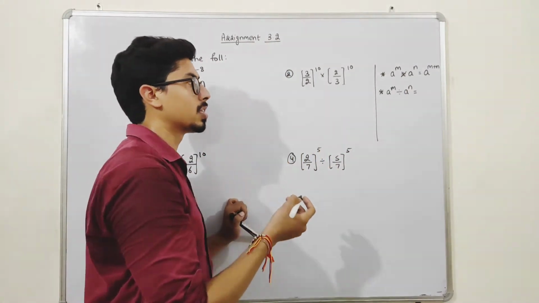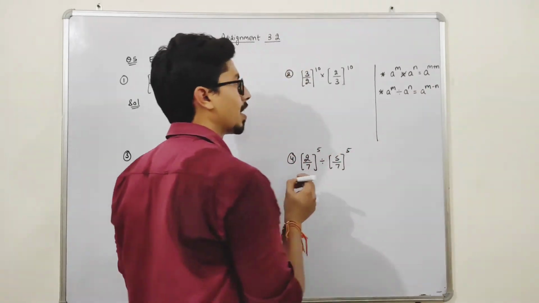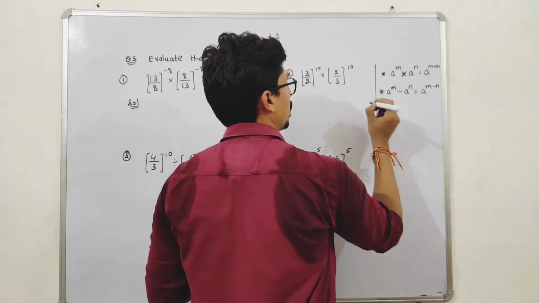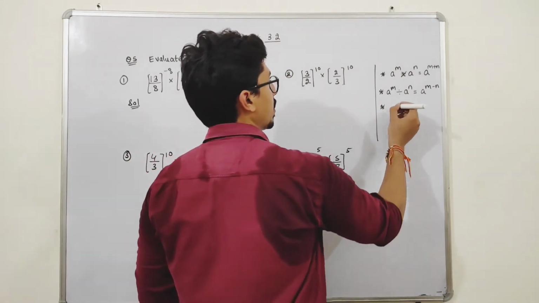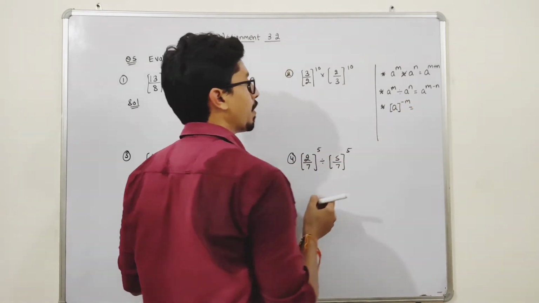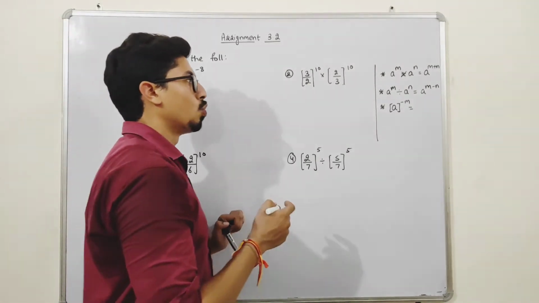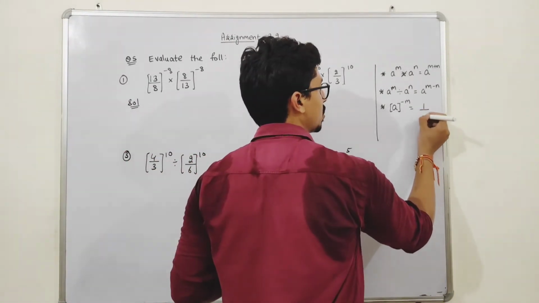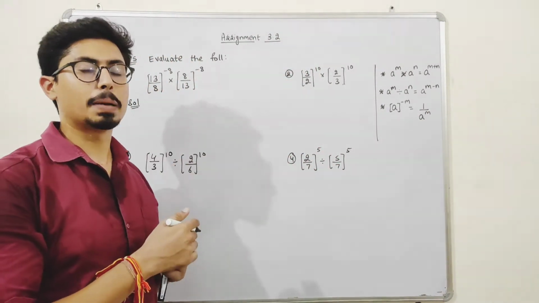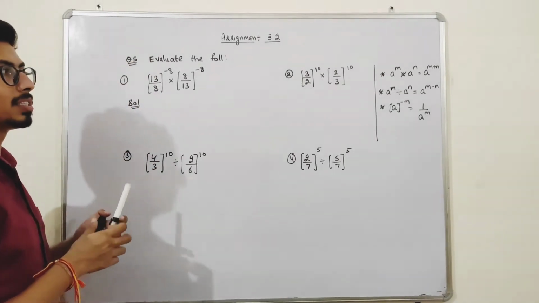this I have already discussed. I can write it like this: a raised to the power m minus n. Okay. Now students, one more thing. If a raised to the power is minus m, that is, power is negative, I can just write it like this: 1 upon a raised to the power m. Means just reciprocate it and the power will be positive. Okay. So let's just use this.